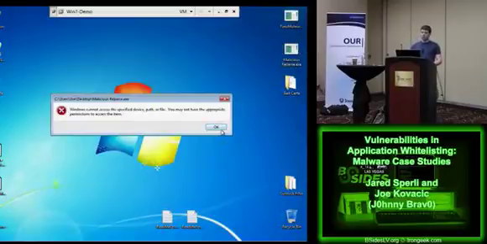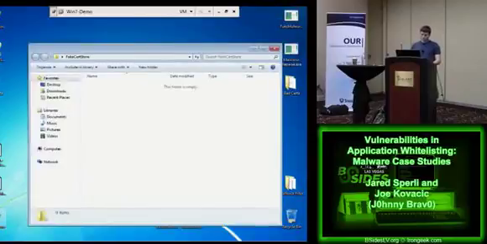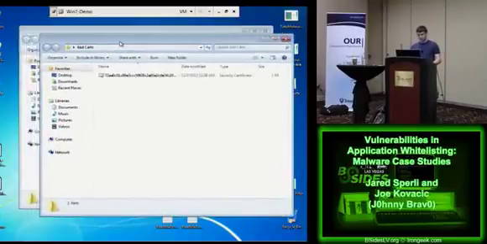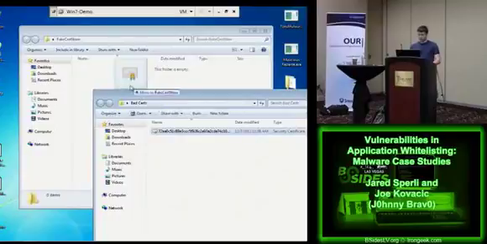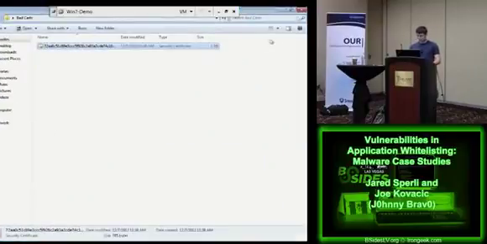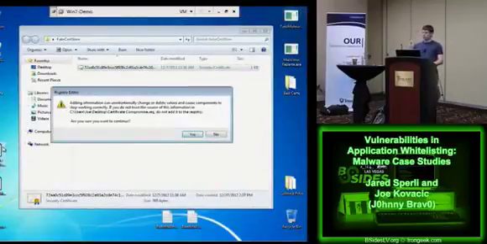So what we want to do is exploit the fact that these products are reliant on these signing certificates in order to authorize legitimate applications. And the way we're going to do that is we're going to change where this product looks for its certificates. So what I'm going to do is redirect this particular product's certificate store to the fake cert store that I put on the desktop. And what I'm going to do now is move the malicious certificate into here, and then I'm going to put in a registry key that causes the switch to happen.